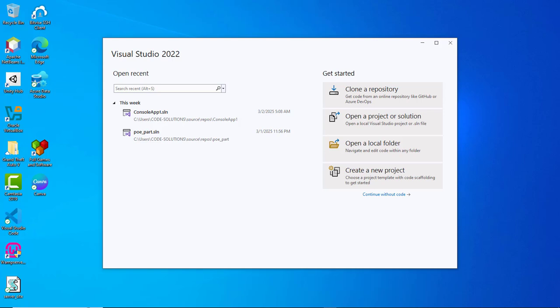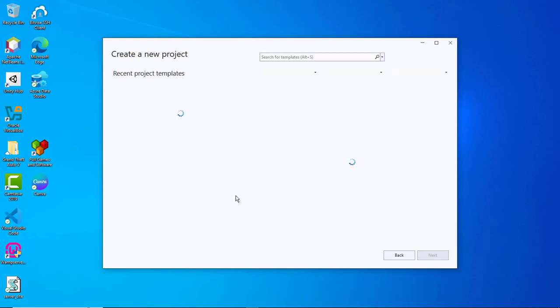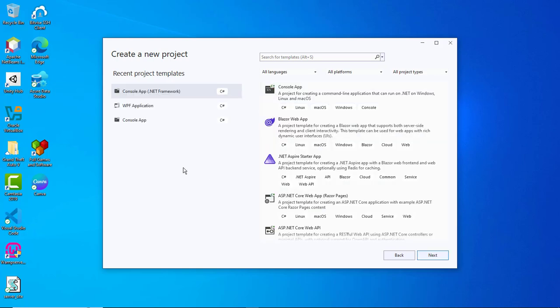So here we'll start by creating a new project. This project will be guiding you through the filtering. As we know, we have to choose console app, so it will be this one, .NET Framework. You can search for it here if you don't have it. So it will be console app,